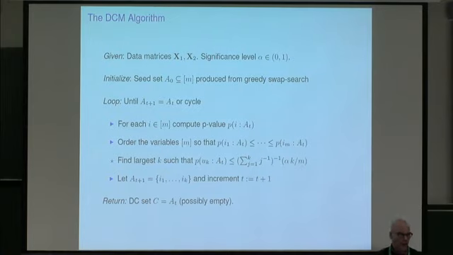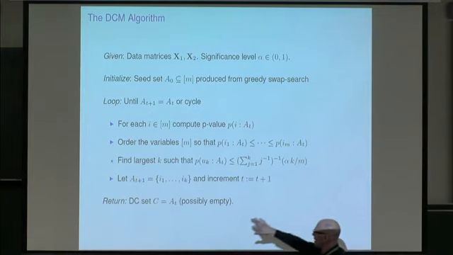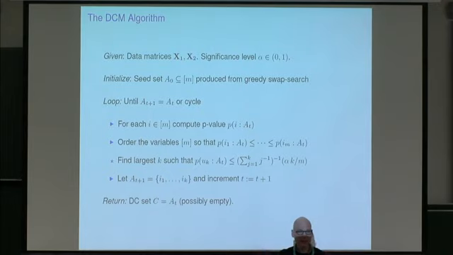Do I have a grand theorem that shows asymptotically that it's wonderful? Nope. We have some results that, under some assumptions that I don't really like, show that it should be conservative. That is, the chance that you would find a non-empty set if you applied this to data where there was no differential correlation anywhere would be less than or equal to alpha. But I don't like the assumptions, so I won't claim that as a justification. But this is conservative. It will often produce nothing. And in my view, data analytically, it's better to produce nothing than to produce something that will lead someone on a wild and potentially expensive goose chase.